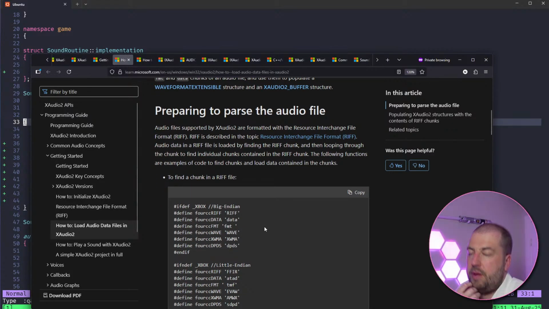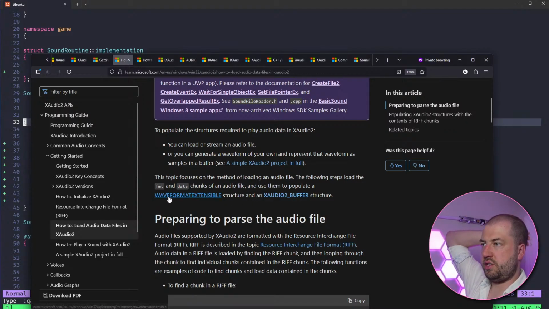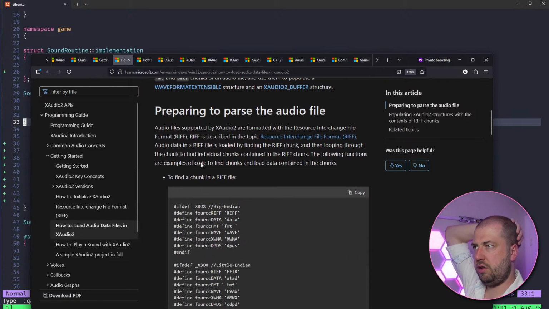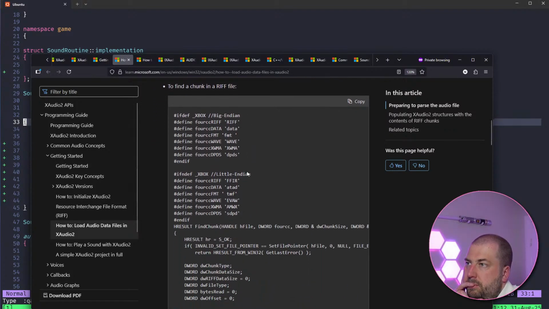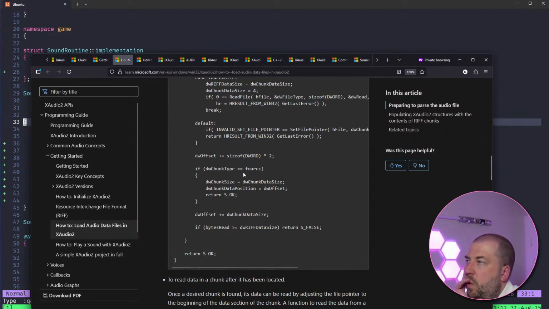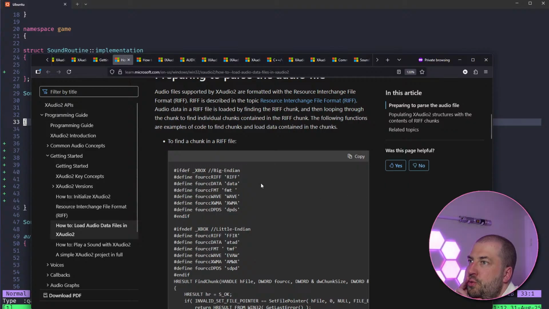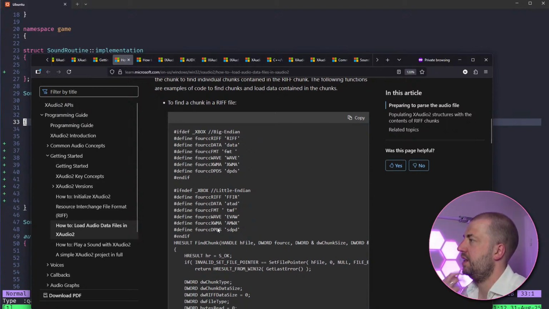Okay, so XAudio2 can play WAV files. So is this where it comes from? Like, do I RIFF? Do I WAV? Oh, I like the way they've opted to not syntax highlight any of this.